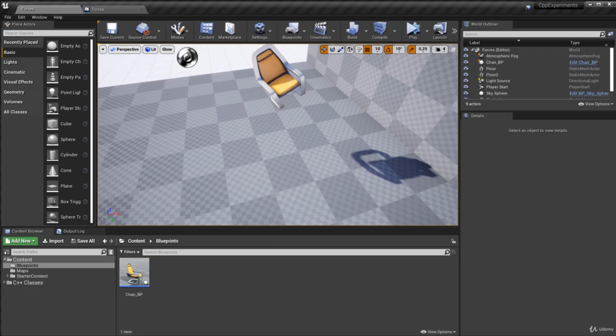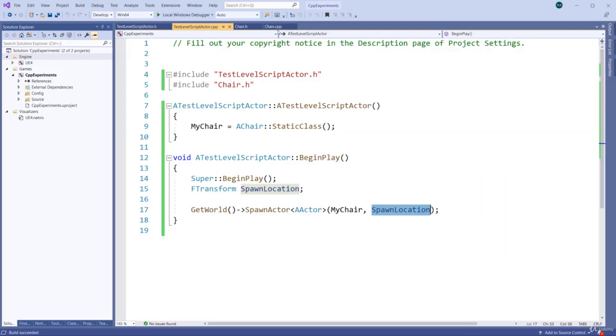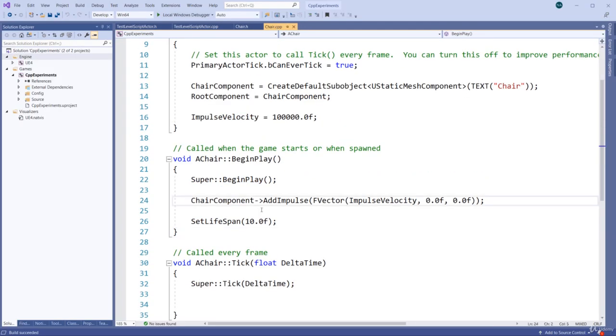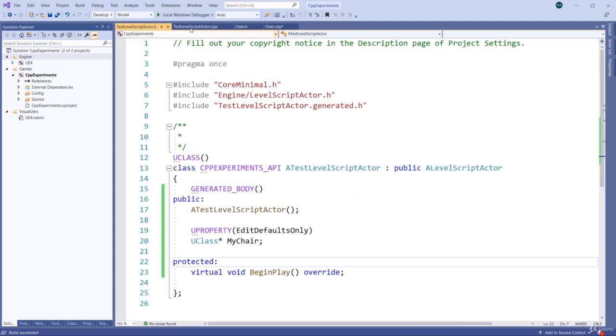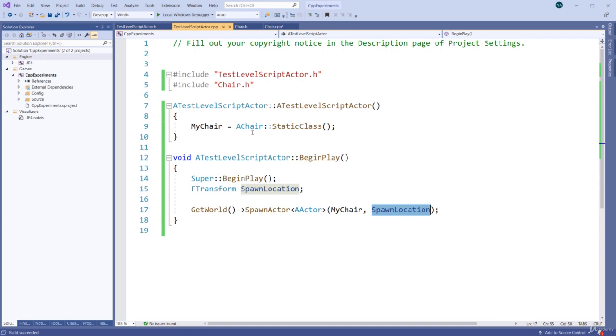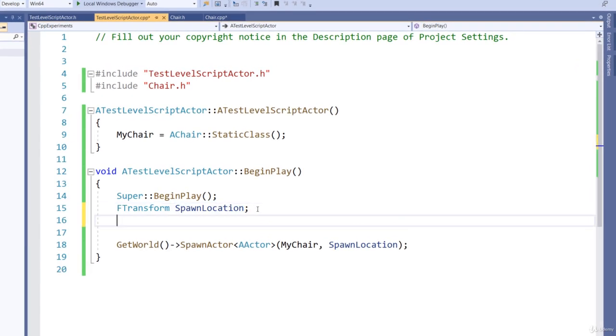We have this other functionality in the chair, this add impulse. We also have this set lifespan. Just for right now, you can go and take that out if you want, but I'm actually going to leave this in. And instead what I'm going to do is, back in the test level script actor, in the .cpp file in the begin play, where we have the F transform,